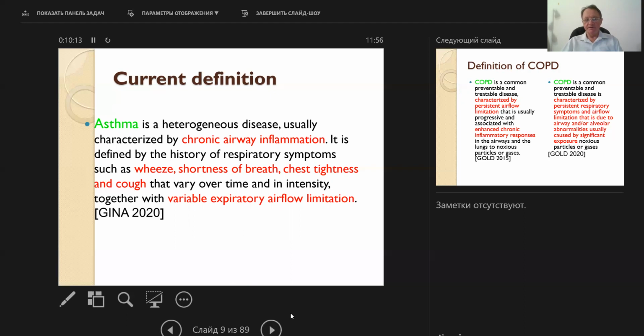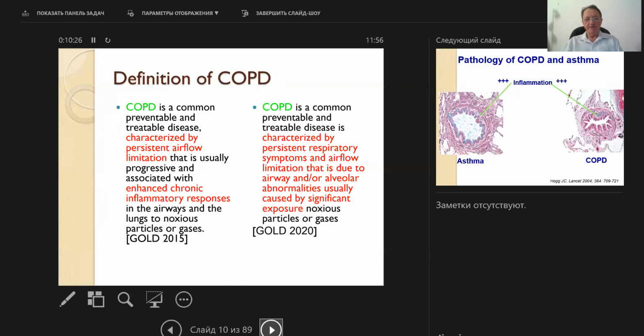We discussed what morphological changes provide this variable respiratory airflow limitation. We will say more about it later. But COPD, you can see the definition of the Global Initiative for Chronic Obstructive Lung Disease from 2015, and